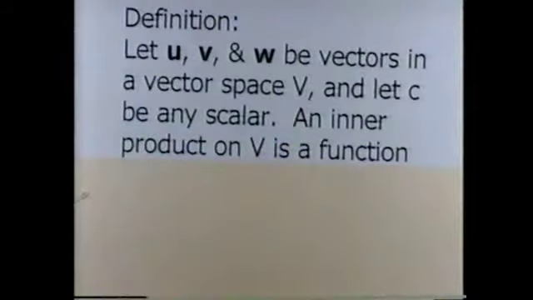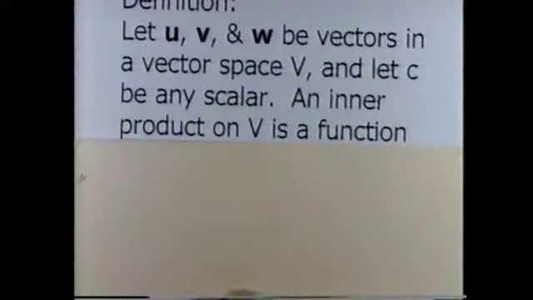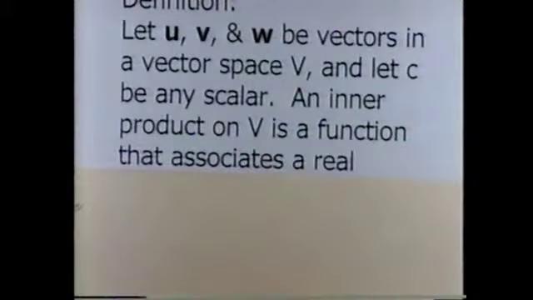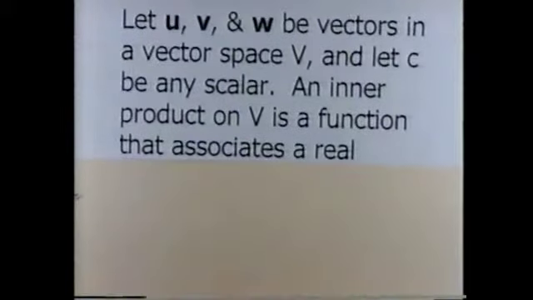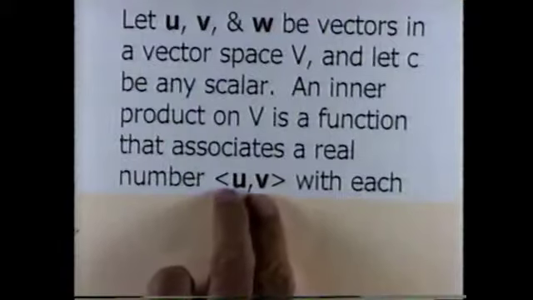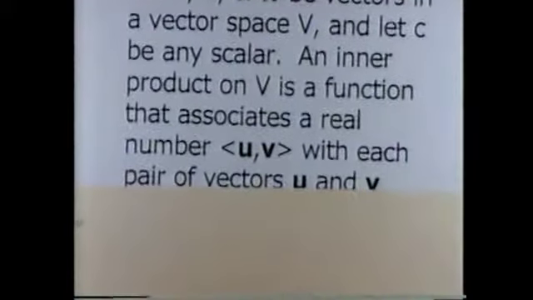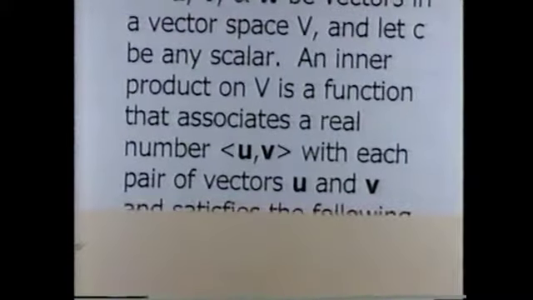An inner product, and notice I said an inner product rather than the inner product, there may be more than one. An inner product on V is a function that associates a real number,